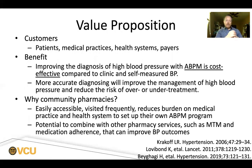So kind of big picture, what does the value proposition look like? So for 24-hour blood pressure monitoring, I think there's a wide range of customers, right? So our patients, certainly, medical practices and health systems, which I think are two key primary customers, as well as payers. The anecdotal feedback we got from the medical practices was highly positive. There were a couple practices that really adopted this. We are planning to do some interviews, both with the pharmacy staff that provided the service, as well as the providers that referred patients,